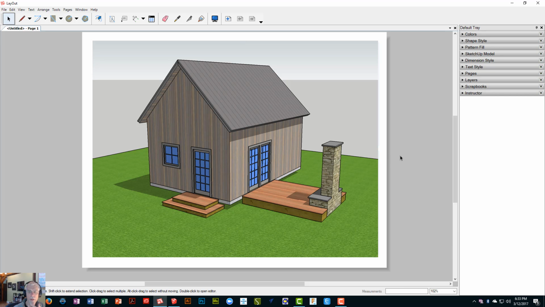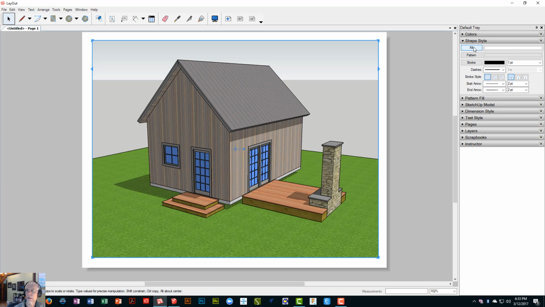Okay, so next I'm going to make a frame around this. So if I click on this viewport once and I go into my shape style and I'm going to select a stroke, and now you can see a black line has appeared around here, and I can actually select the thickness. So I'm going to go to 1.5